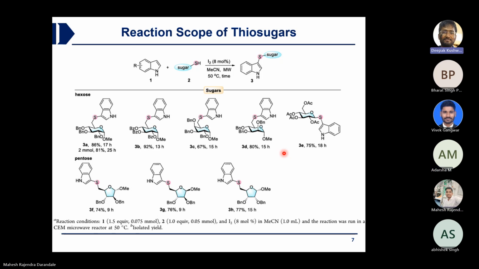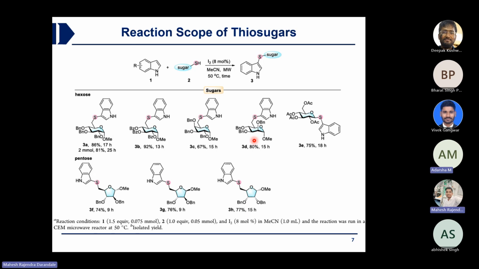They have stuck with only one nucleophile. Sometimes that is better also. Maybe they are taking only one in one paper and exploring another thing in some other paper. People are keeping the substrate scope narrow, targeting one target. I don't know. So all this brings a lot of questions. What does MW mean in the reaction conditions? Microwave reactor. Okay, microwave heating they are doing.